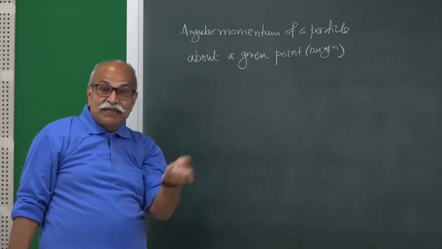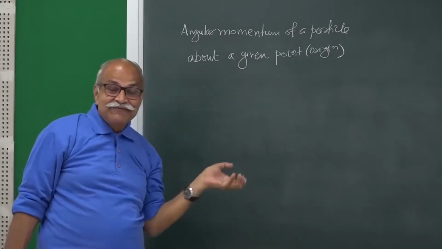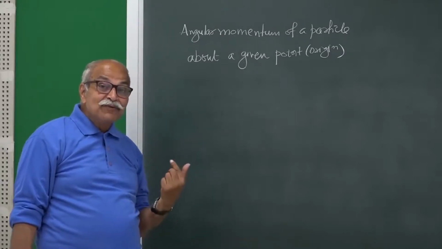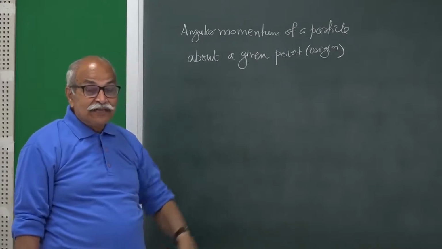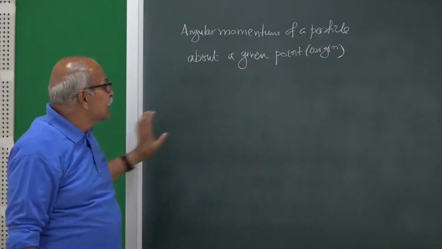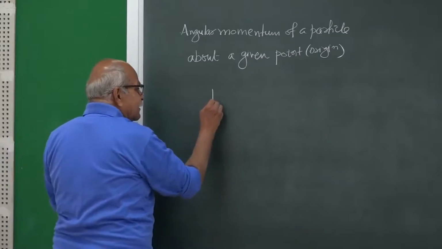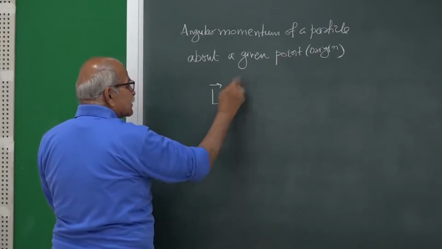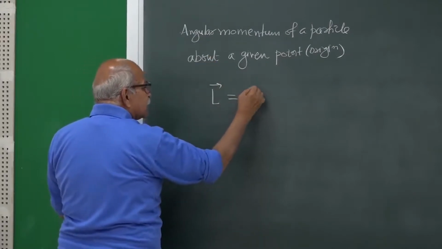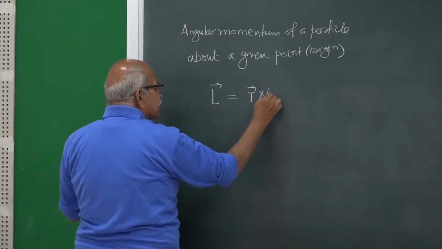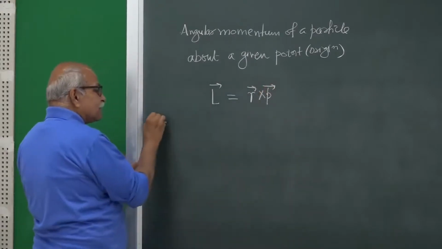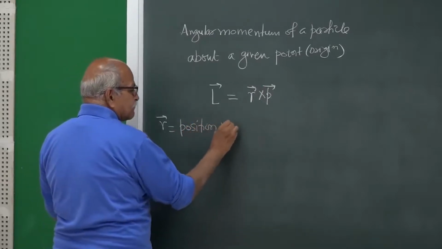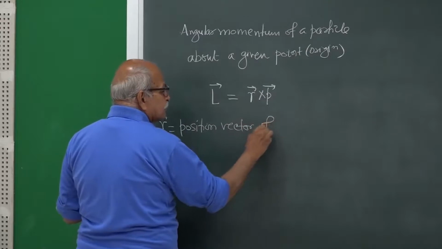the parameters of the particle are needed, as we will just see, and then the origin or the point about which this angular momentum is to be calculated. So, the definition includes this point, and that is given by, we write it L with a vector sign. This is a vector quantity and this is r vector cross p vector. What is r vector? It is the position vector of the particle